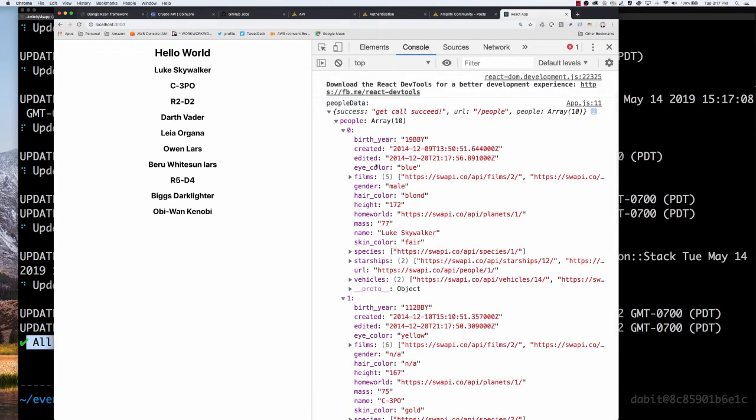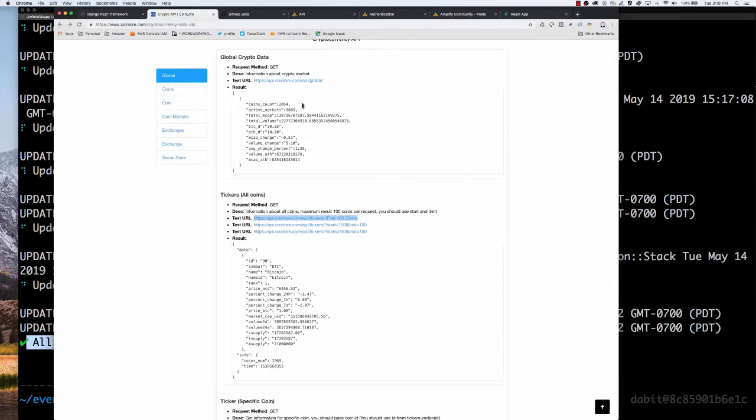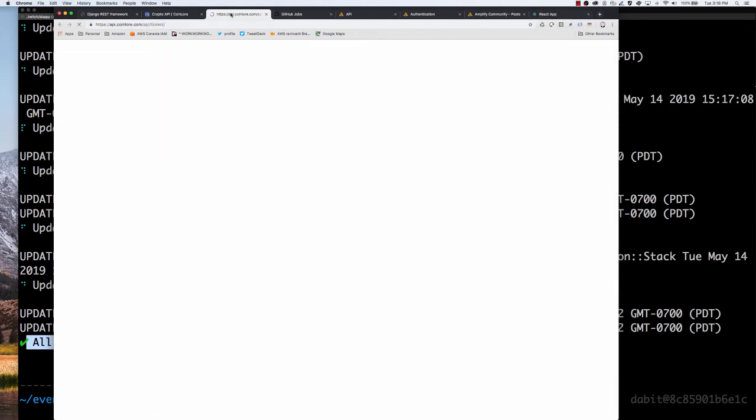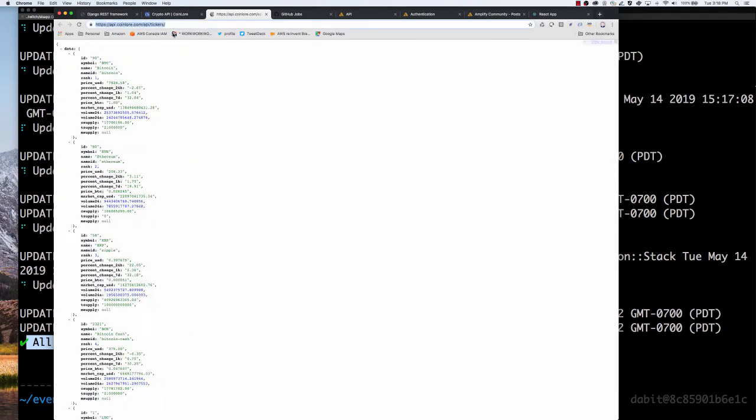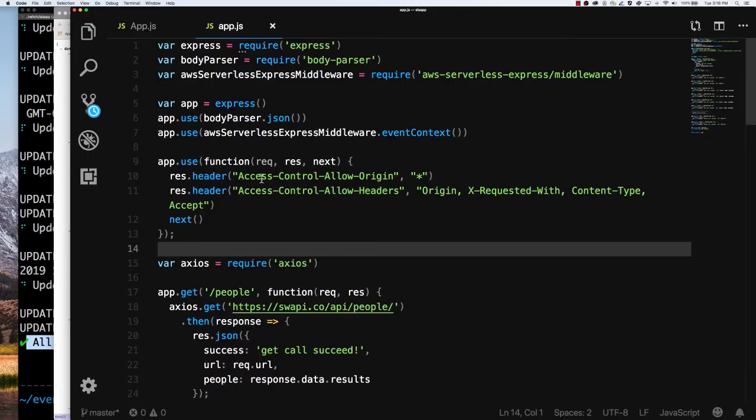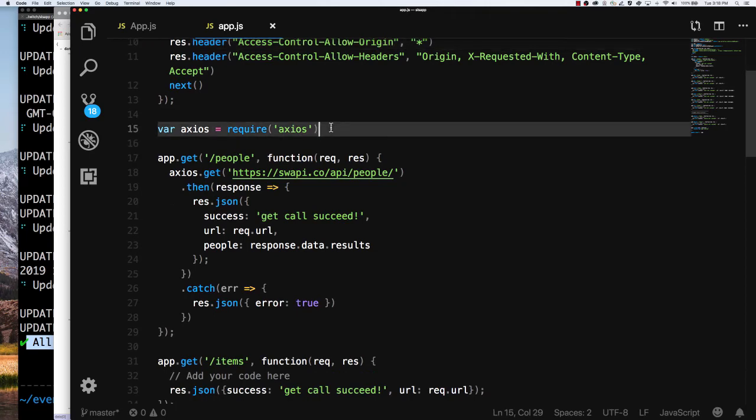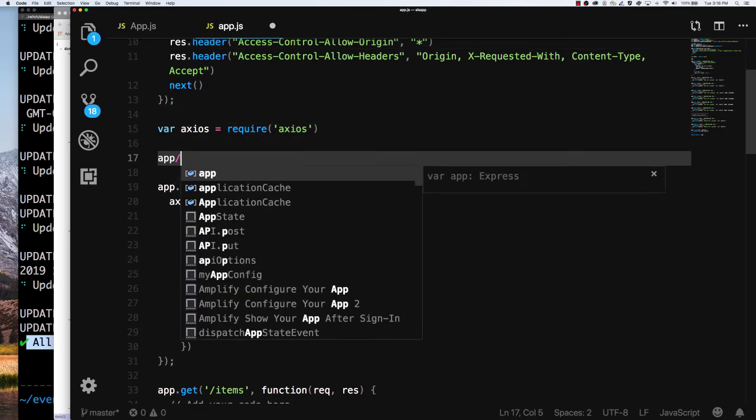So that's cool. This is a completely unauthenticated API. So let's now add authentication and then add a new Lambda function API call that will require authentication. And we'll hit both of them logged in, and then we'll hit both of them logged out and see how that works. So the crypto API endpoint that we'll hit is this coinlore.com/API/tickers. So what I'm going to do is go into app.js and say app.get,